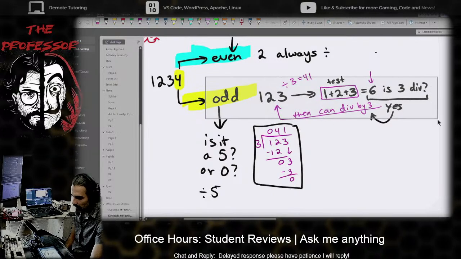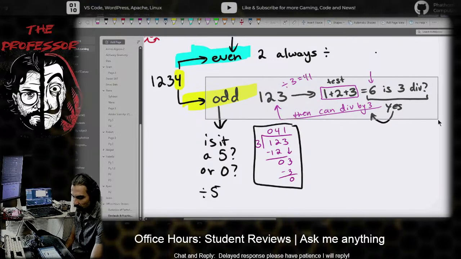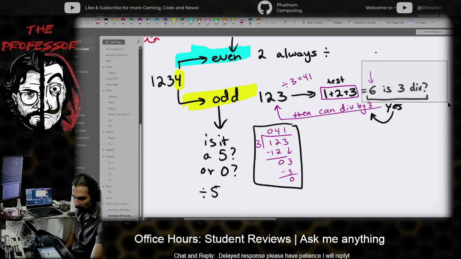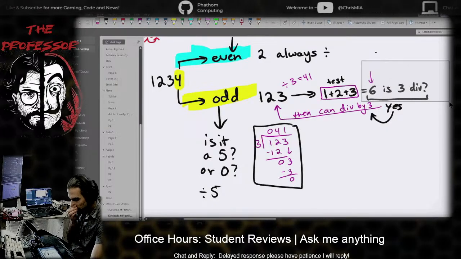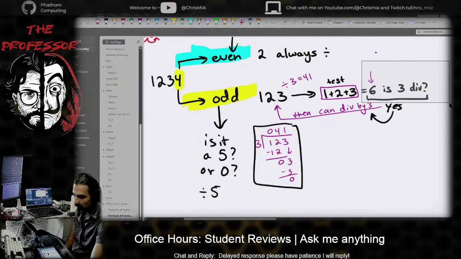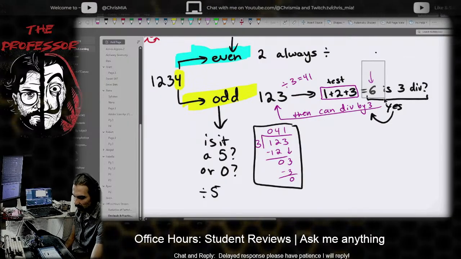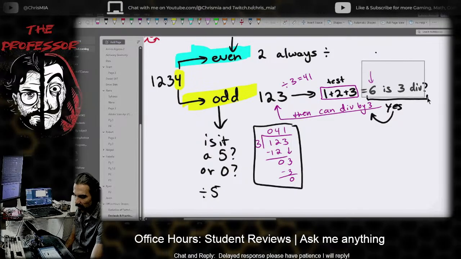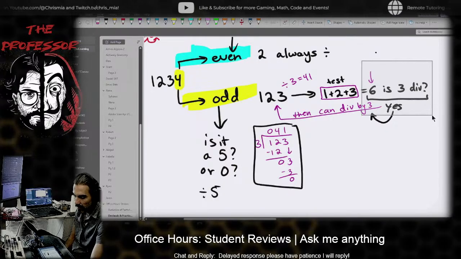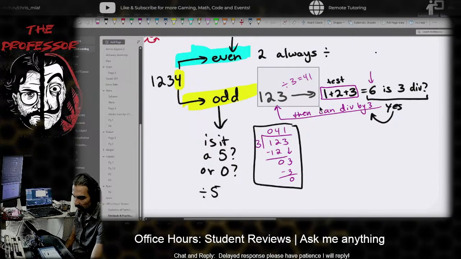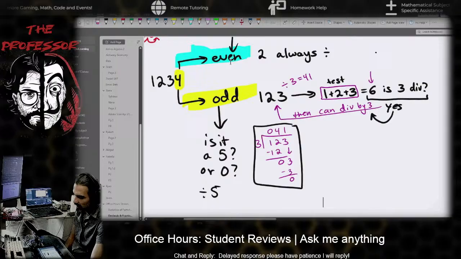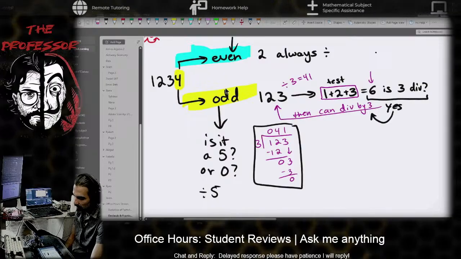For odds, always test if those individual digits added up and summed can also be divided by 3. So 123 added together is 1 plus 2 plus 3, and we get a new number, 6, which is the number that we test to see if it's divisible. And 6 is divisible by 3, therefore we can freely and calmly divide by 3 using our plus method. So that basically gets rid of a lot of options for us.